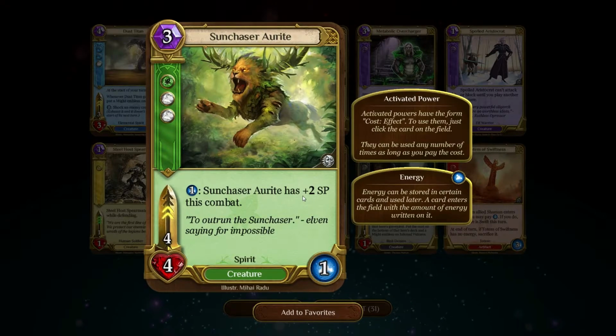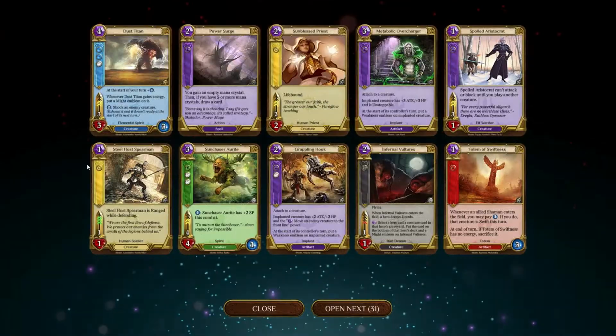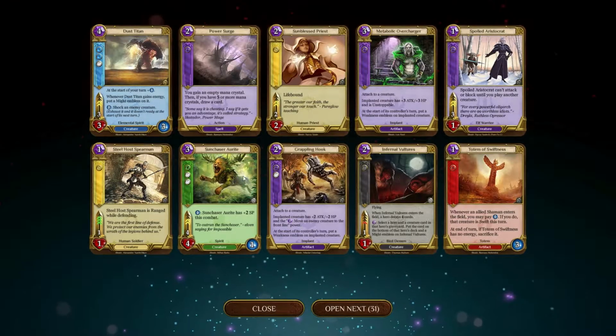For only 1 energy? That seems pretty good. The huge drawback here is it's a level 3. But a 4/4 that can have maximum speed is scary. It's very scary. It seems like a good card, especially with one of those battery cards that can buff up the...